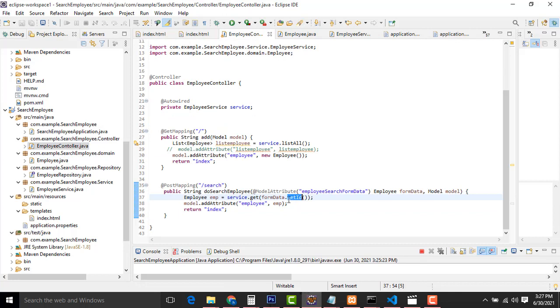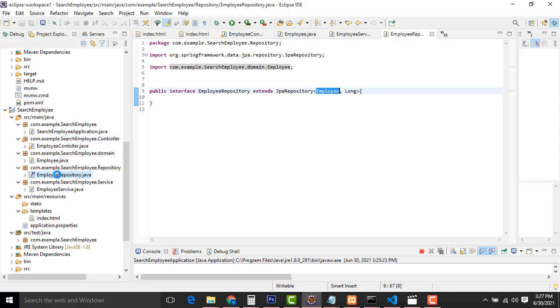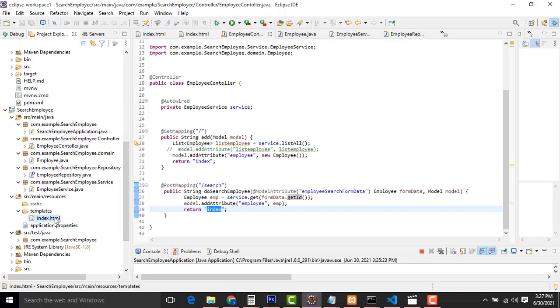The controller loads the data and returns it to the index page. The service passes to the repository. The repository communicates with the database, gets the record to the service, which gives it to the controller, which passes it to our index.html page. This is how the model controller works, right? Very simple. Don't worry about this